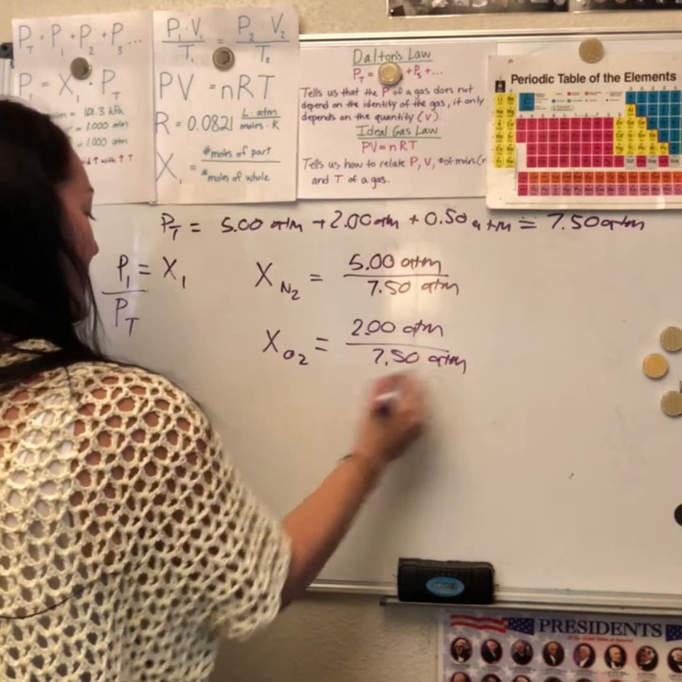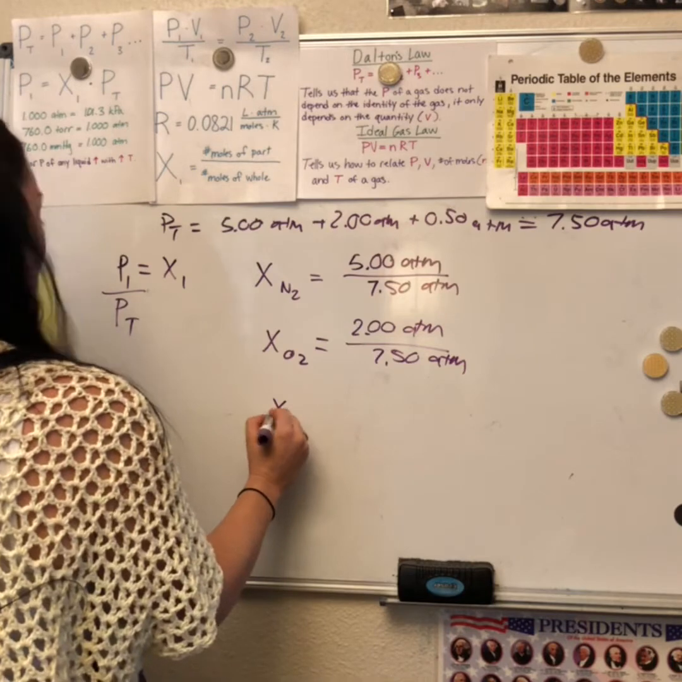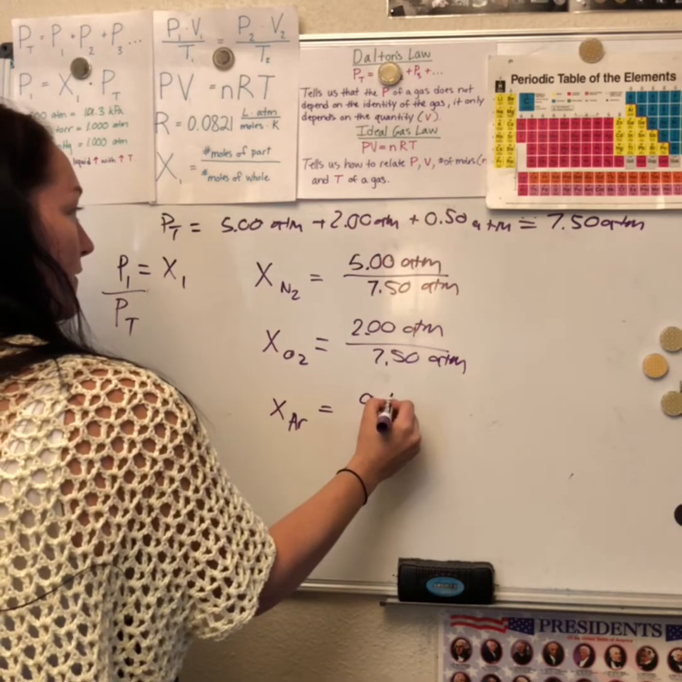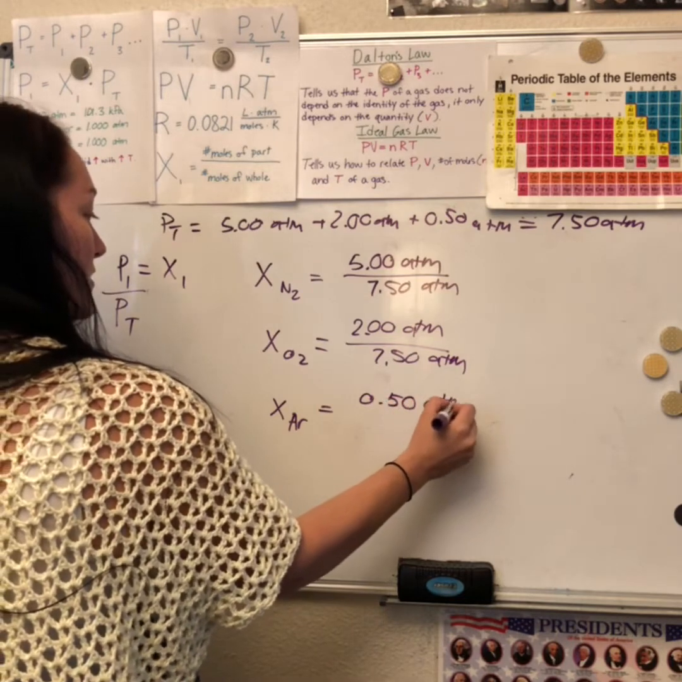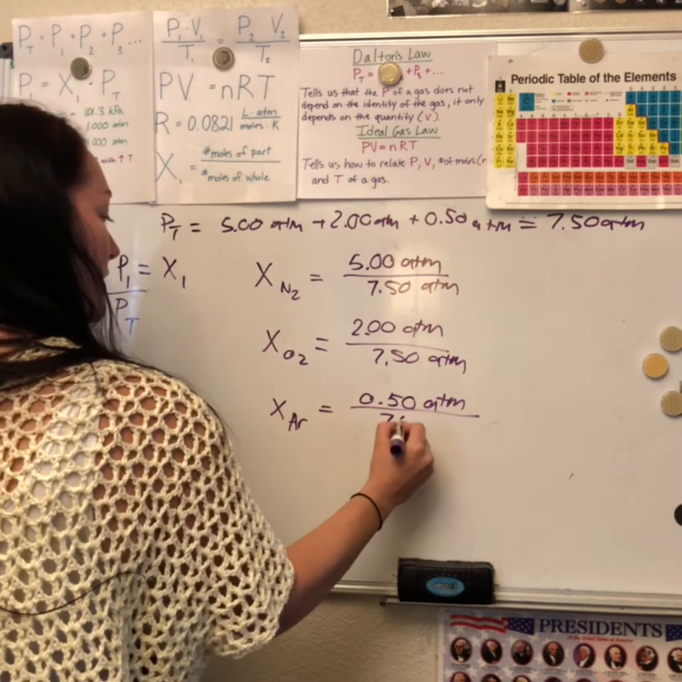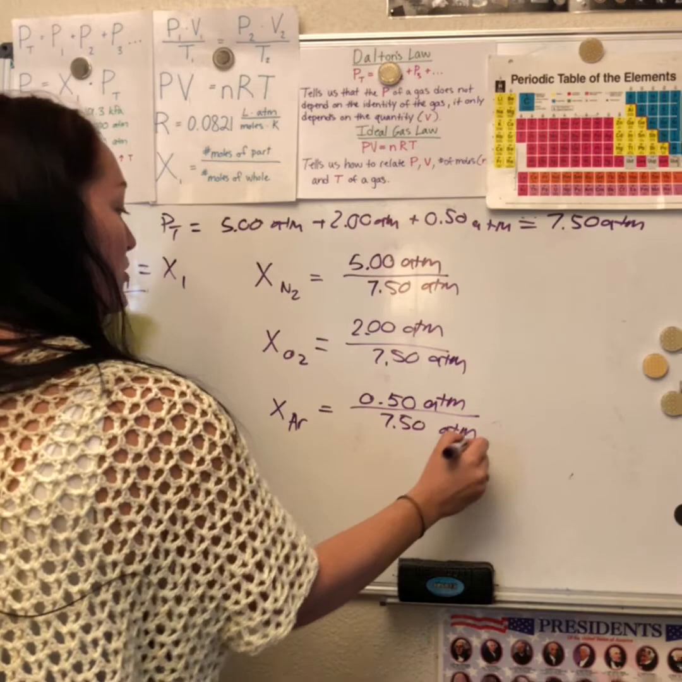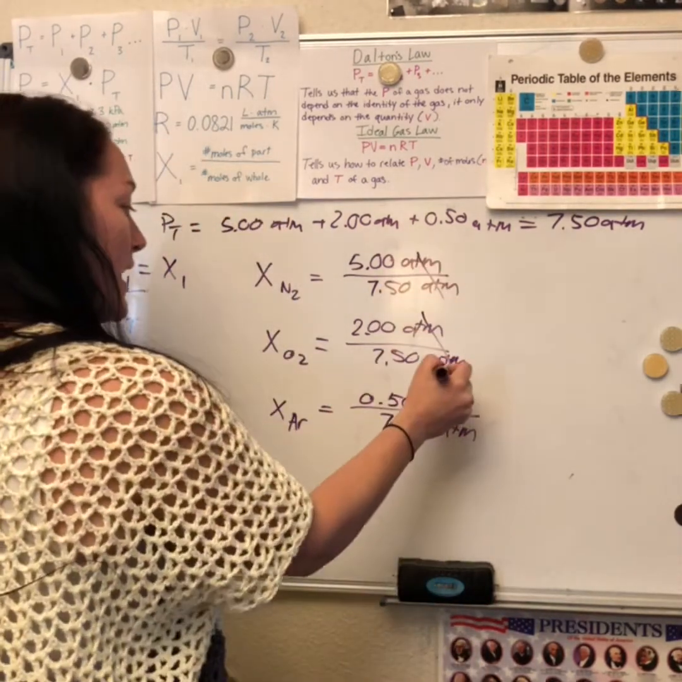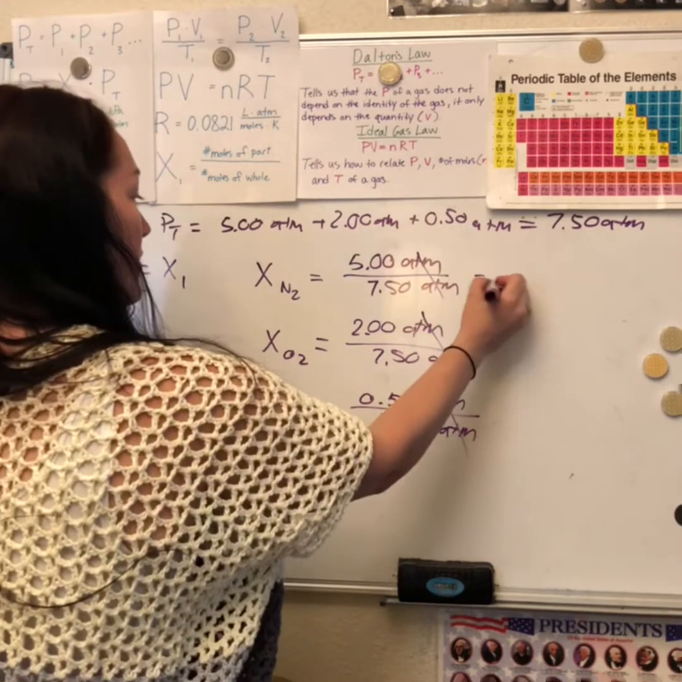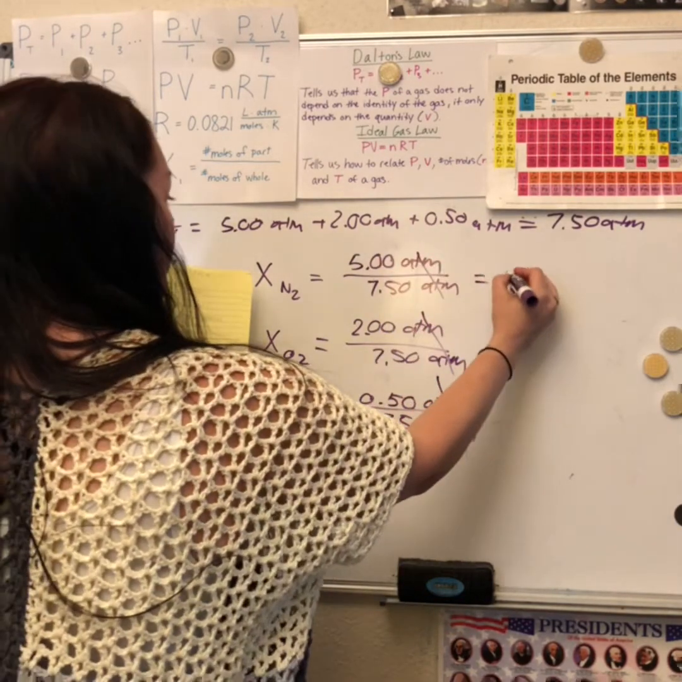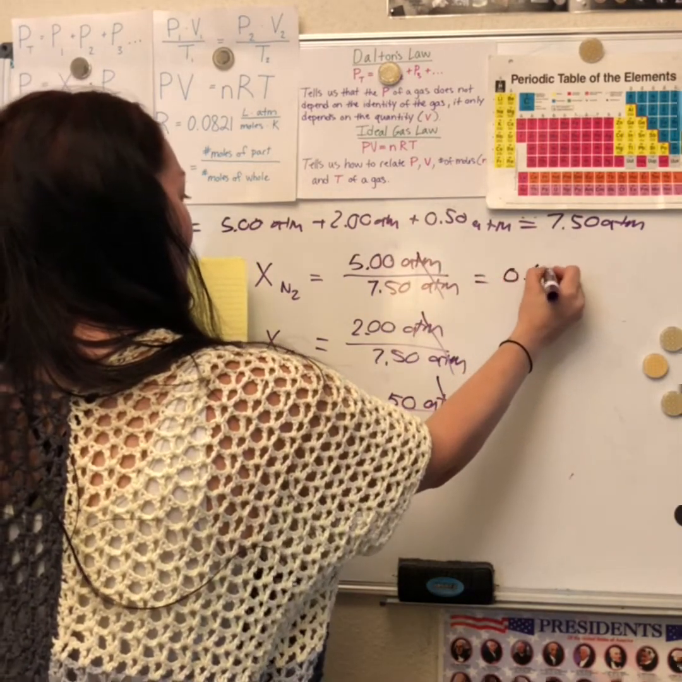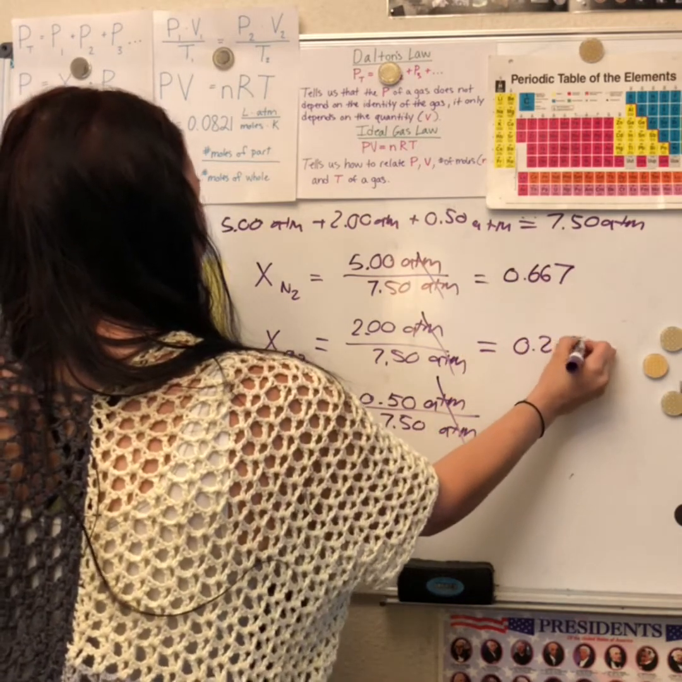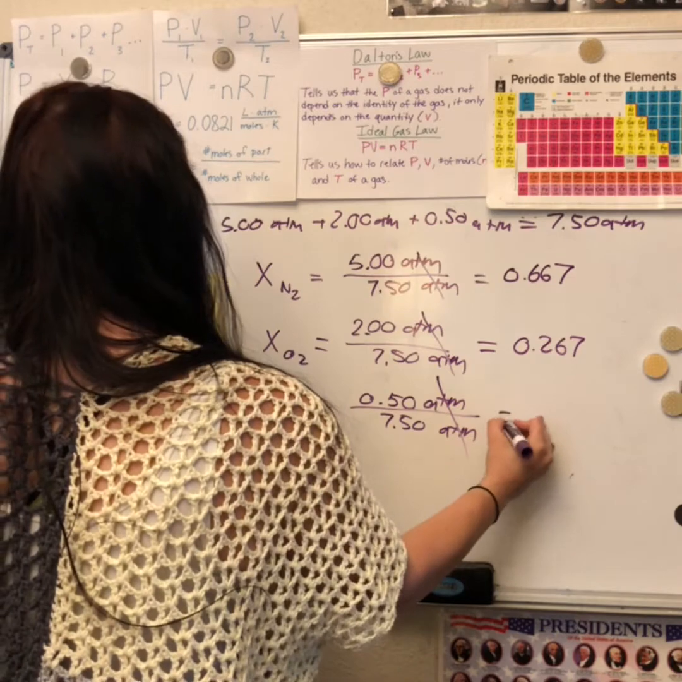So you should be getting the hang of this by now. Last one is argon. So 0.50 atmospheres over the total, 7.50 atmospheres. Now, just like the moles canceled out when we were finding the mole fraction, the atmospheres cancel out here. So I just go ahead and divide. Here I get 0.667. Here I get 0.267. And here I get